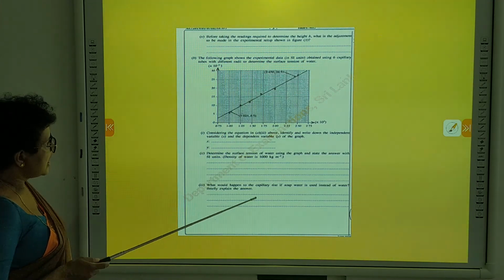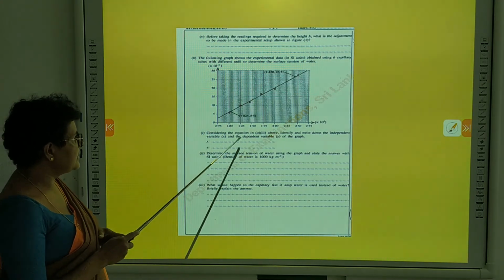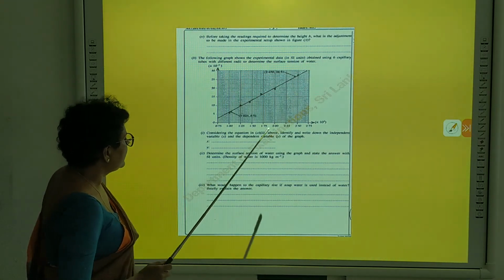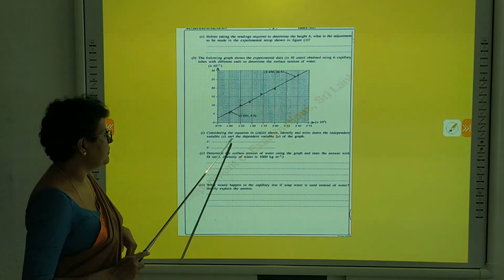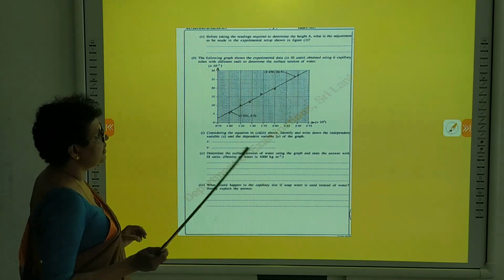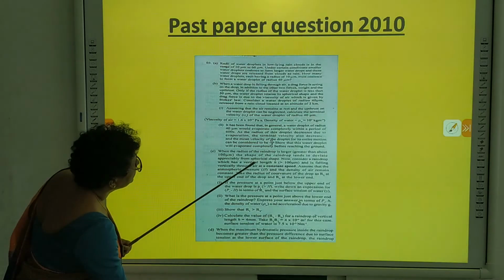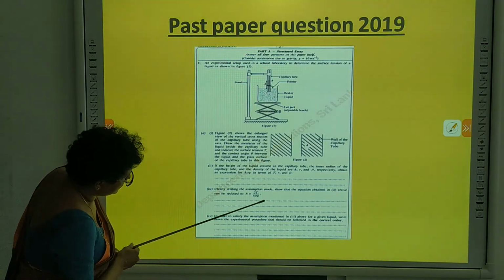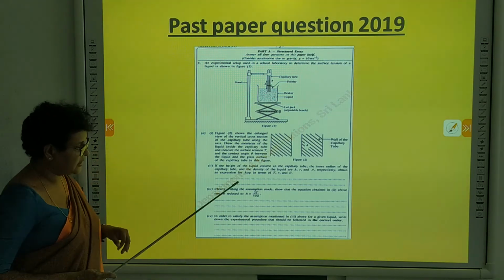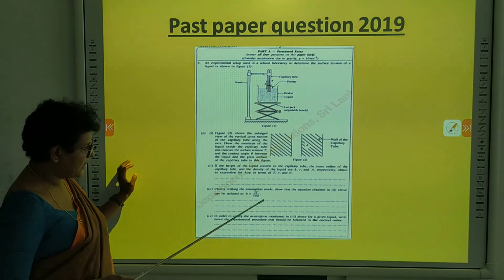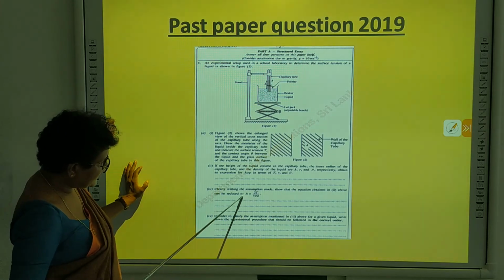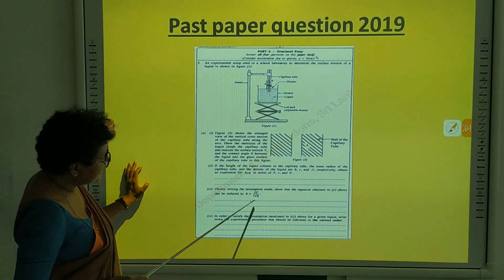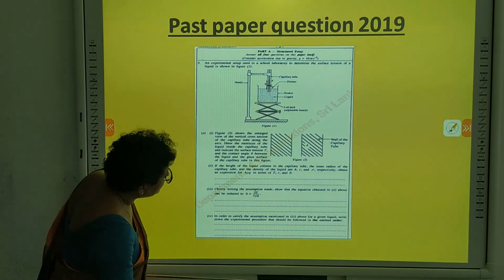See this graph, and they are asking, considering the equation in A3 above, identify and write down the independent variable and the dependent variable of the graph. Right, now here, this is the equation, which is here, h equals 2T/(r rho g), right? This is the equation. Now you can vary this h and r, right, according to that question. So he is telling that, right? Look here.